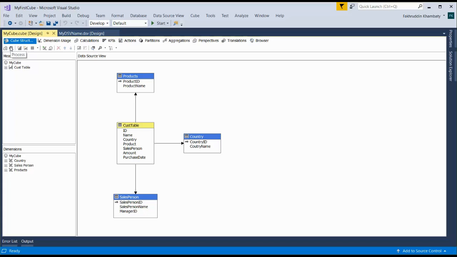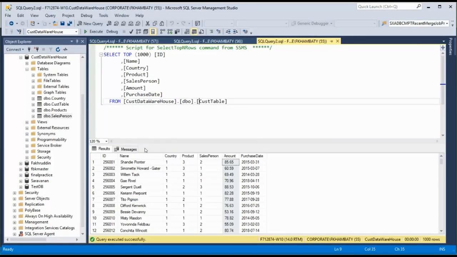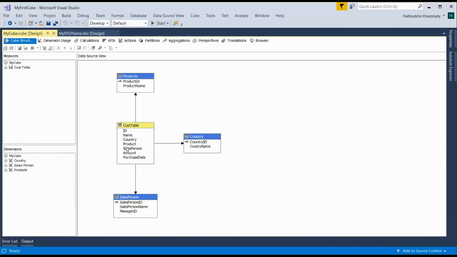Now, whenever we create a cube, we need to process it. When we process it, it picks the data from the data source, like this table, and it will get that data and do the calculations when we process the cube. After it's processed, the cube that we will get becomes pre-processed data, and that is why the output is going to be super fast. So whenever we create a cube, that is not all. We need to process it, and to process it, we click over here.